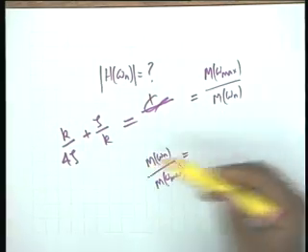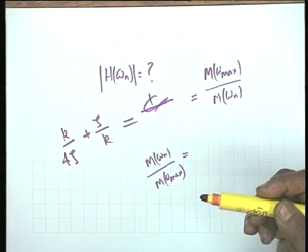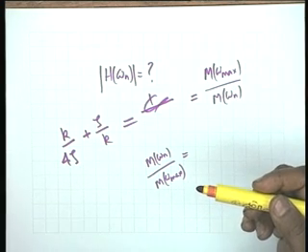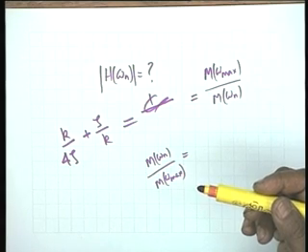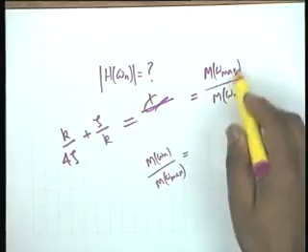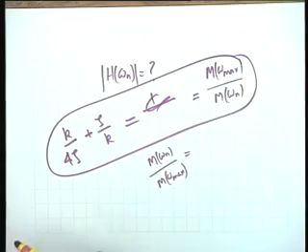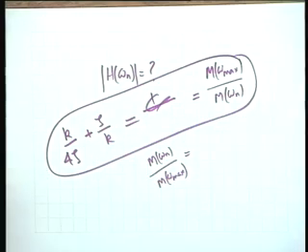It's now easy to find out what the ratio is. If this ratio is greater than or equal to 1 by root 2, is the point clear? Then the bandwidth that we have found out has meaning, otherwise it does not. So this expression must be kept handy also. This is how you check whether the bandwidth that you have found out is meaningful or not.